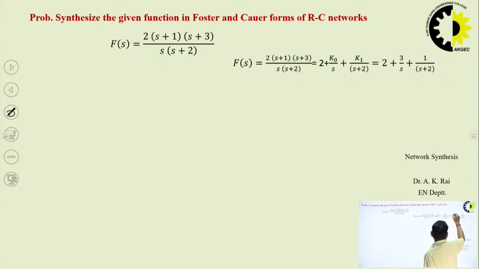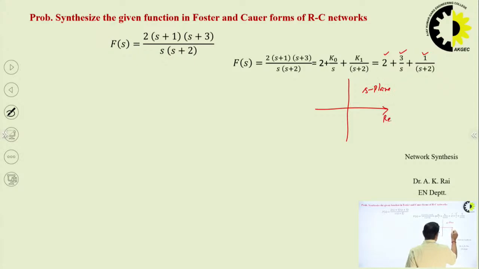We have carried out the partial fraction expansion, okay, and we can plot here the S plane, this is your real S, this is your imaginary S, okay. So we have the pole at the origin, then we have a zero at -1, then a pole at -2,